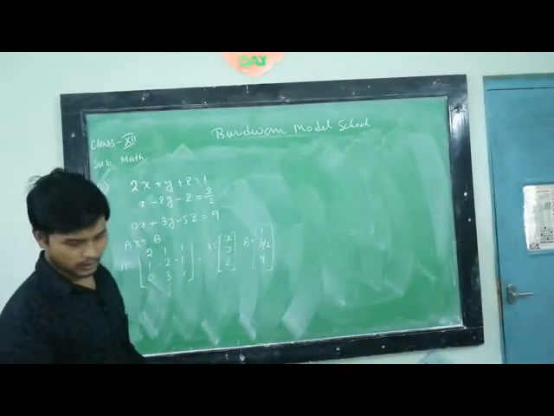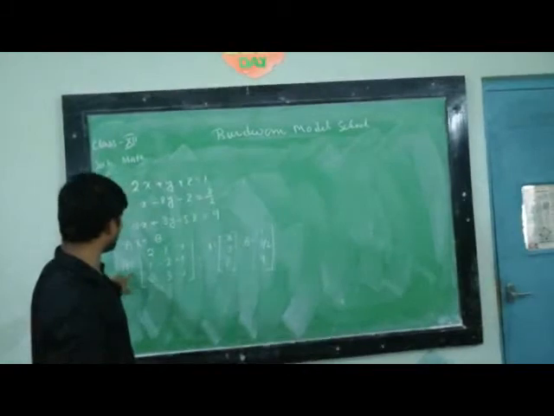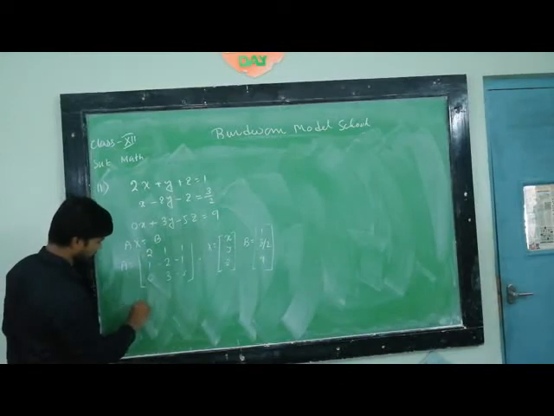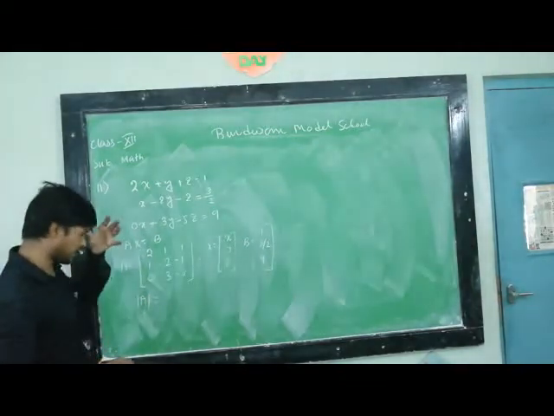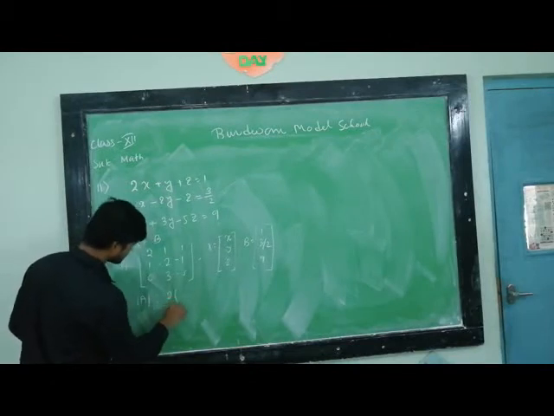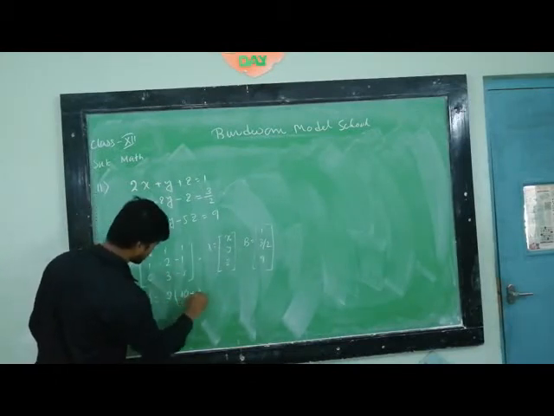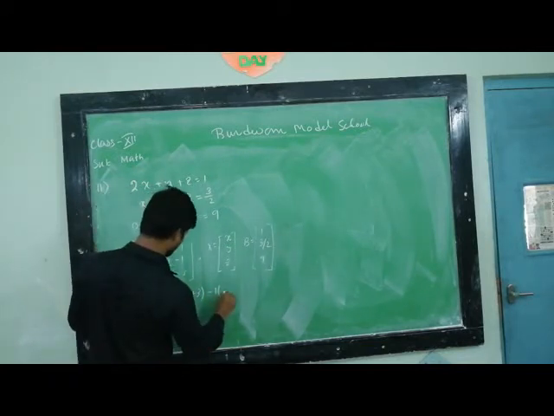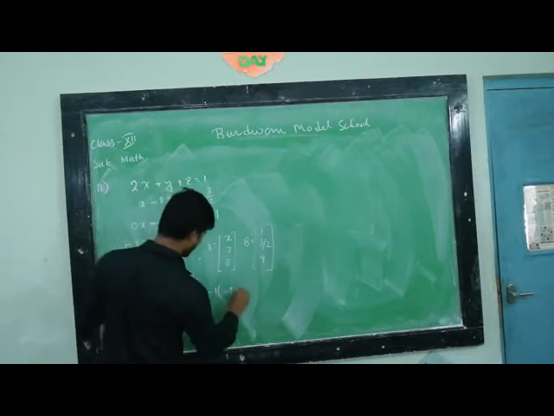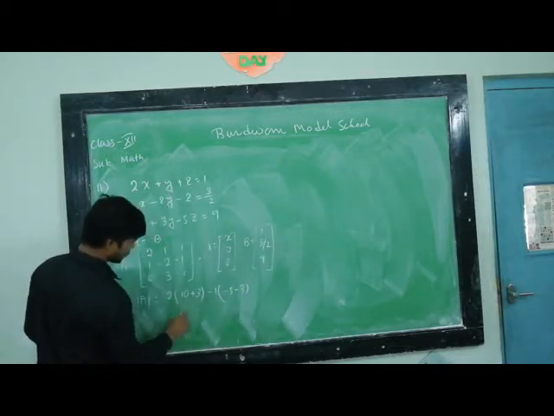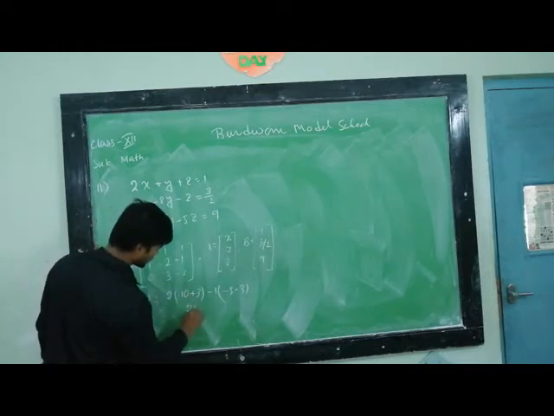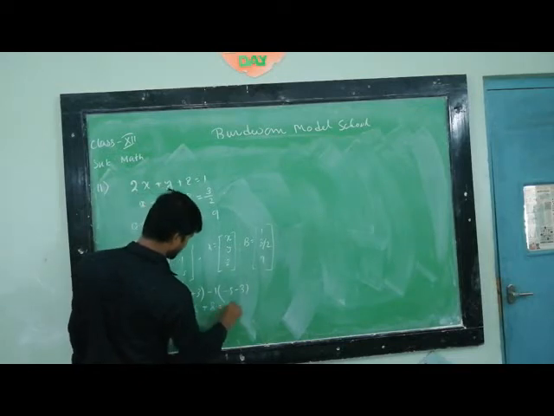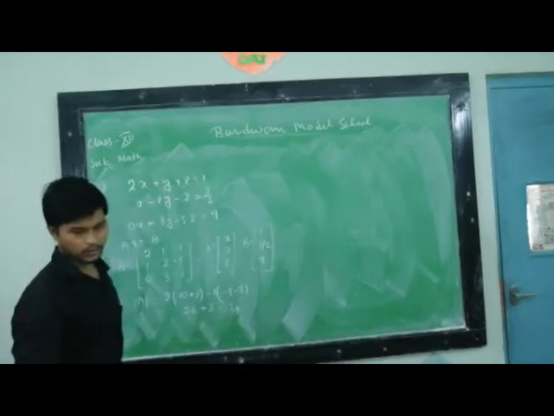Now calculate the determinant of A to check whether the equation is consistent or not. So calculate det A. I am doing it directly: det A equals 2 into (10 plus 3), minus 1 into (-5, and this is -3), so 26, and this is plus 8, that is equal to 34.